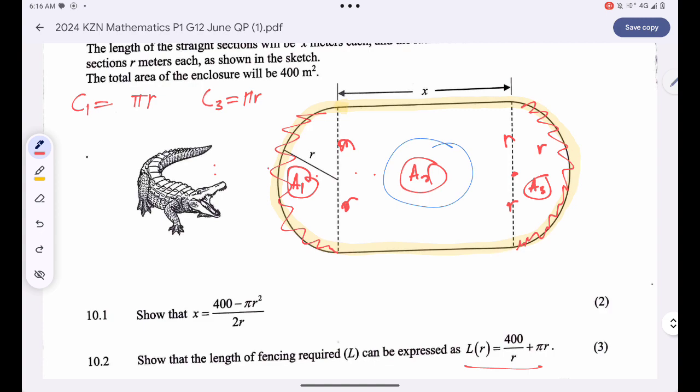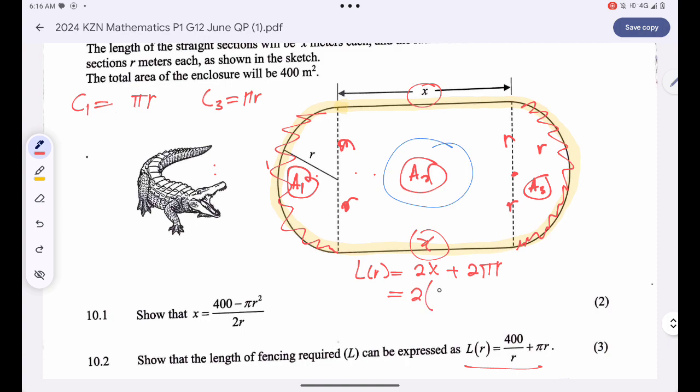You know? So therefore, my total length will simply be 2x, because it will be x plus another x over there, right? Plus pi r plus pi r, which is just 2 pi r. Are you together? But remember that, guys, I know the value of x. The value of x is simply